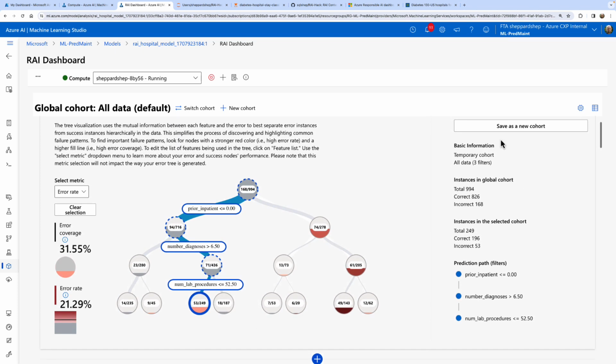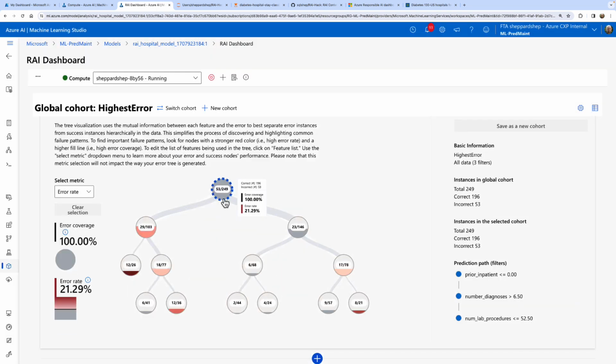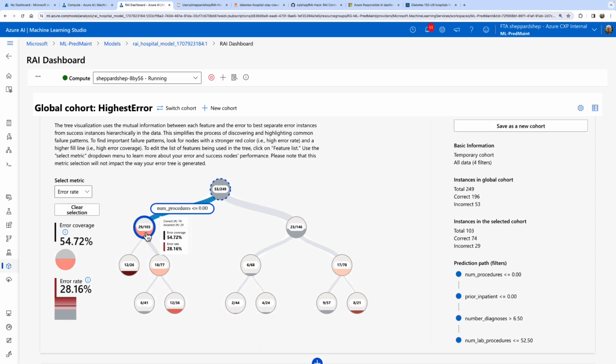Now, the other interesting thing is we have the ability to do a save as new cohort. So I'm going to call this cohort highest error. We're going to save this cohort and we're going to switch to it. So what this is going to now do is take the cohort we just saved where we had the prediction path prior inpatient equal to 0, number of diagnoses and number of lab procedures, and now we can drill even deeper. So we see that this made up 54% of the total errors,